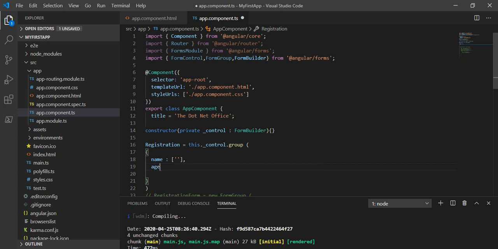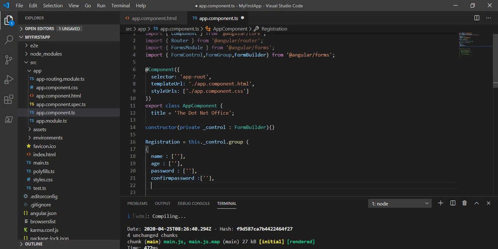Comma, then age, then password, after this confirm password, and after this we have taken the address, and that address is actually the nested group.